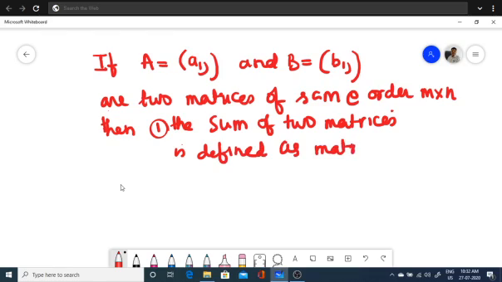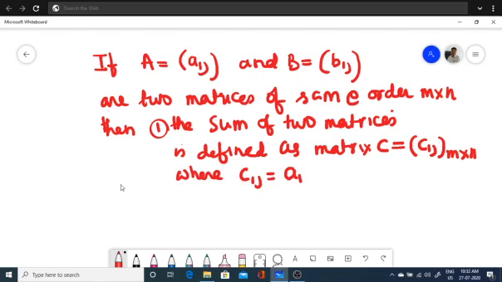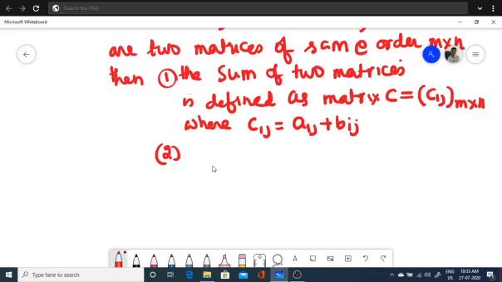matrix C, that is also of same order, matrix C, that is Cij of order m by n, where Cij is obtained by adding the corresponding elements Aij plus Bij. So this is the addition. Similarly, the subtraction of two matrices,